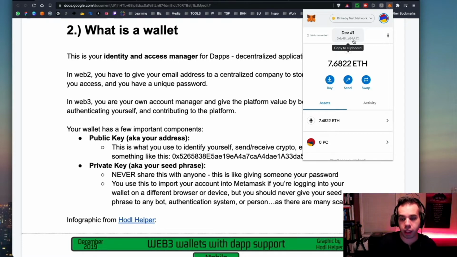The private key is what you would get by clicking on this, and then going into account details, and you'd have to log into MetaMask, and then you'd be able to get your private key or seed phrase. But I'm not going to show that, obviously, because then I would be giving you access to this wallet. So I definitely want to emphasize those security measures so that you can stay safe on the web. But of course, do your own research and also make sure that you are implementing best practices as the space is rapidly evolving.